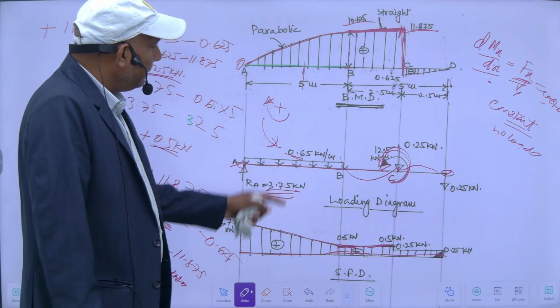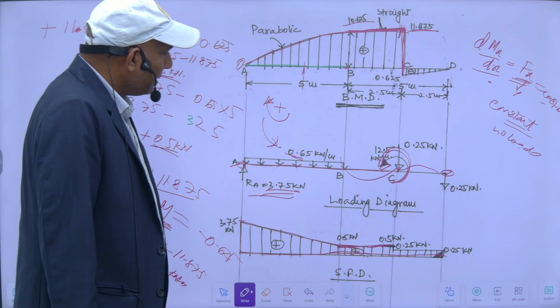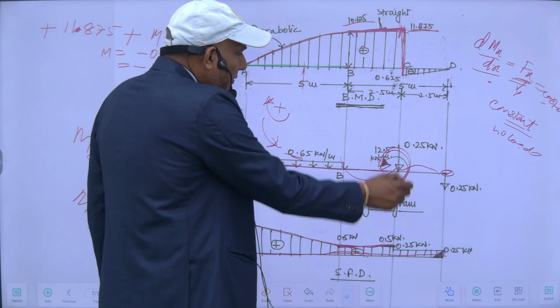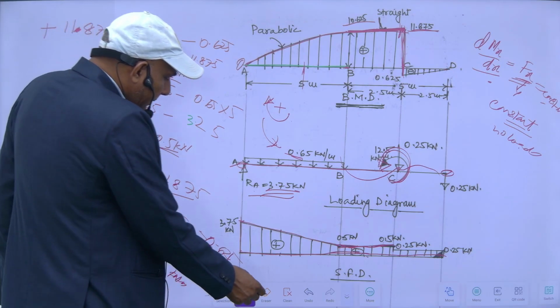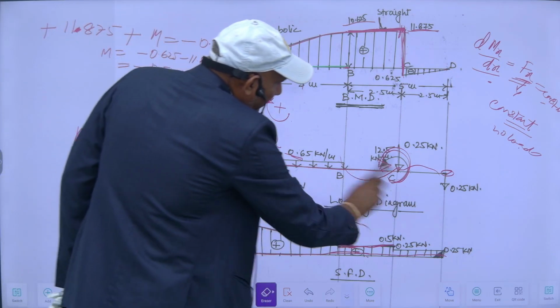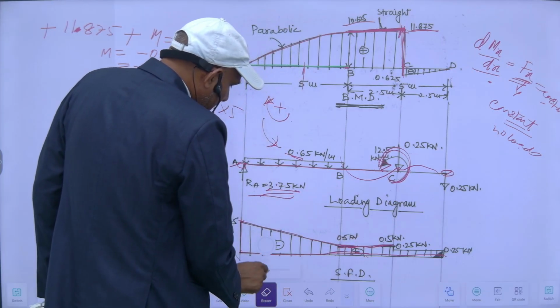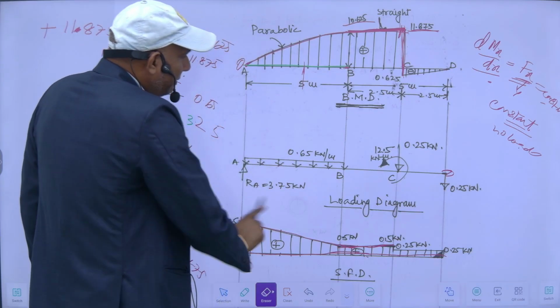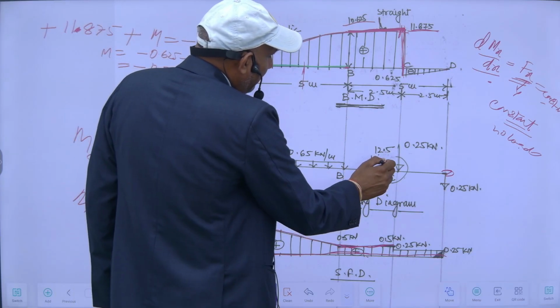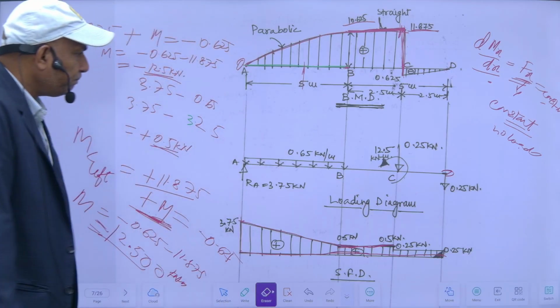So this will be anti-clockwise. So there is a couple of minus 12.5 kilonewton meter. So this couple is acting here. So I will place a couple here of 12.5 kilonewton meter,